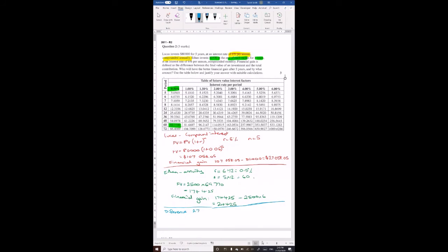So for Lucas, 27,058.05 minus 24,425, which equals $2,633.05. So we can say, therefore, Lucas had the best financial gain by